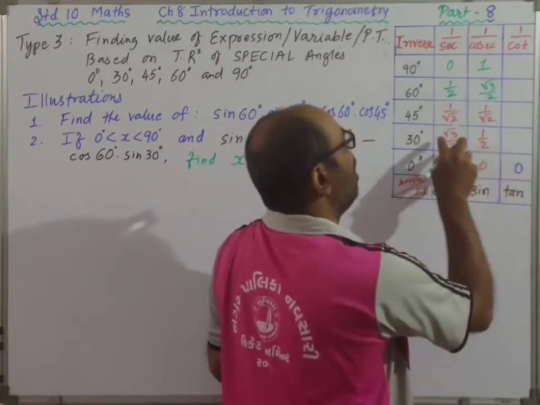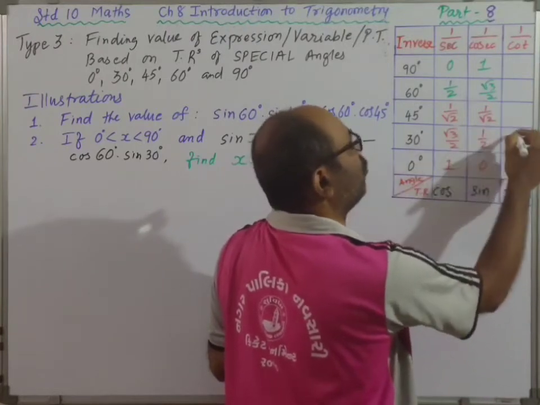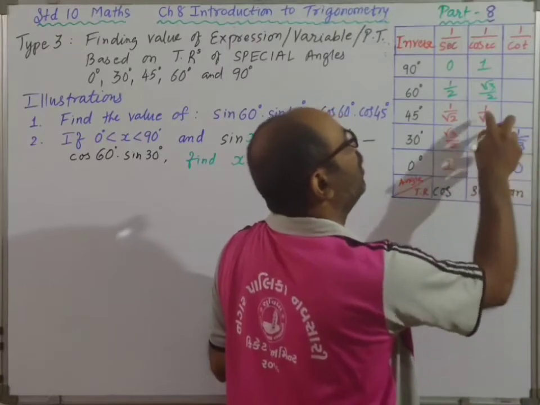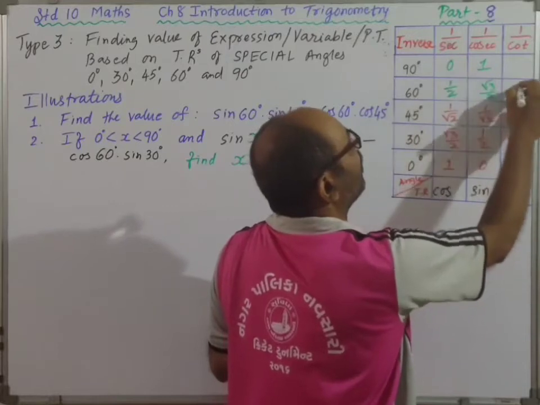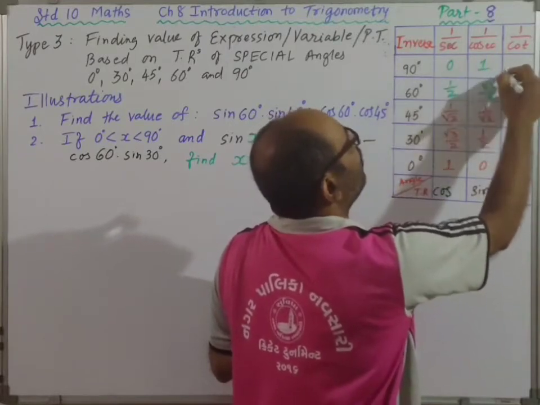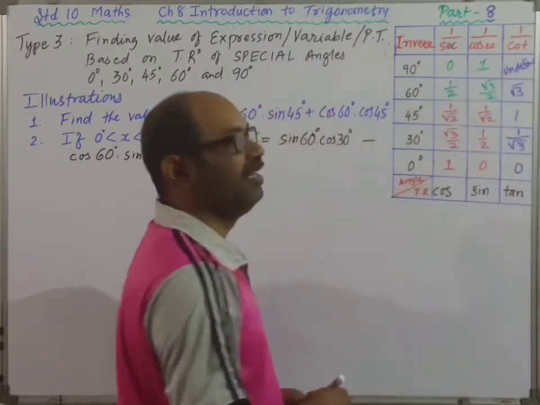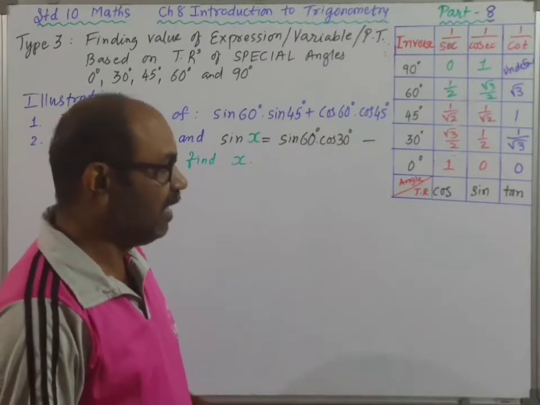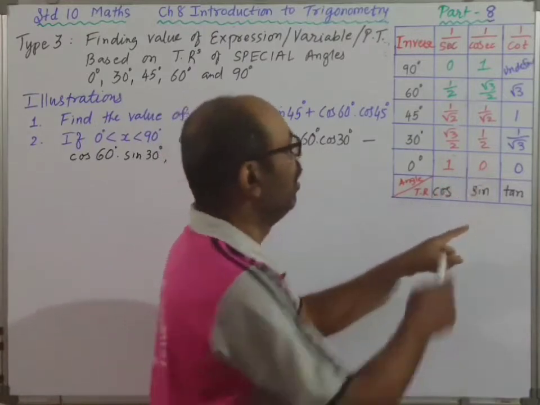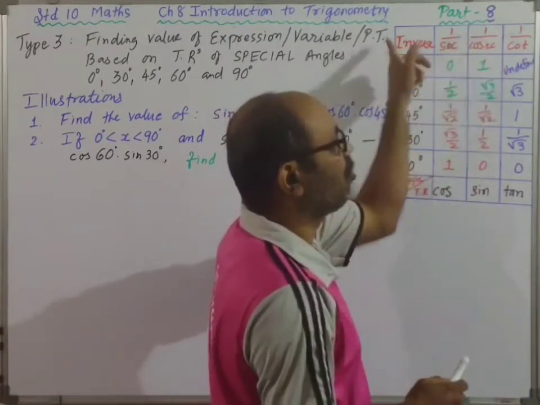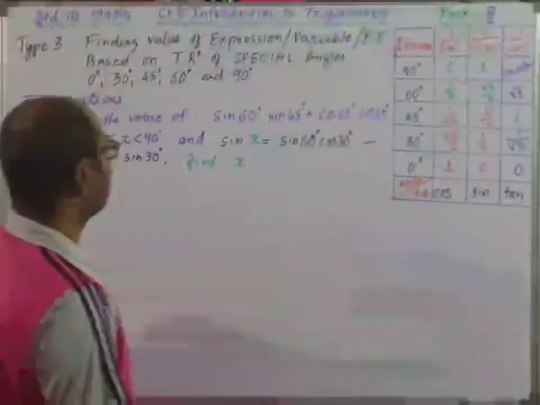Here sine upon cos, sine 30 upon cos 30. Take only the upper one, 1 upon root 3. So 1 upon root 3. This is 1 upon 1, that is 1. Root 3 upon 1, that is root 3. 1 upon 0, undefined, or you can say infinity. That is undefined. So you got all values. Children, what is 0? Sine 0, or you can say 1 upon cosec 0. Here it is the reciprocal of cosec. Be careful. Let's see the illustrations.